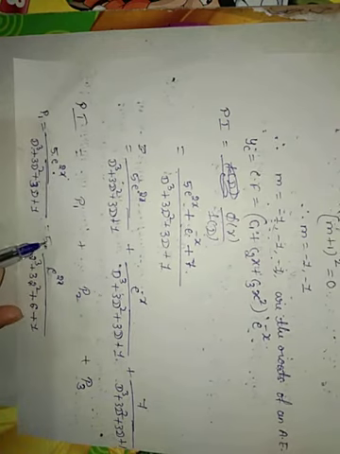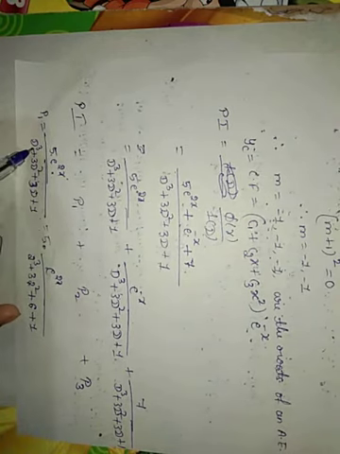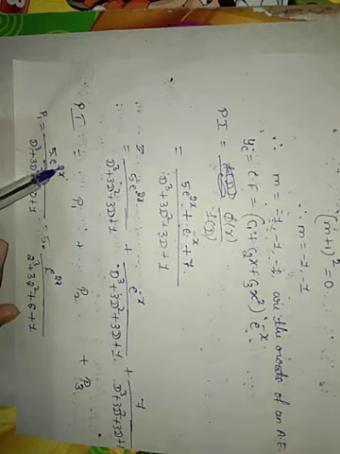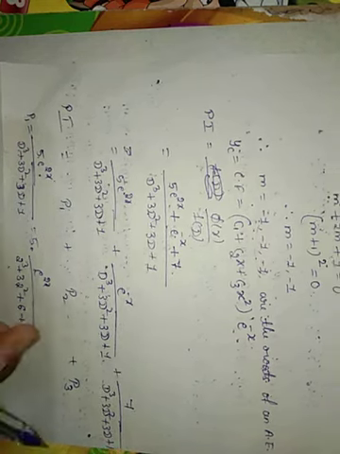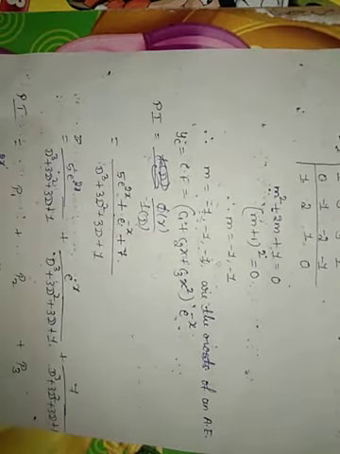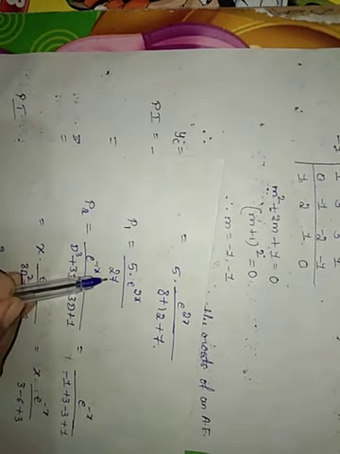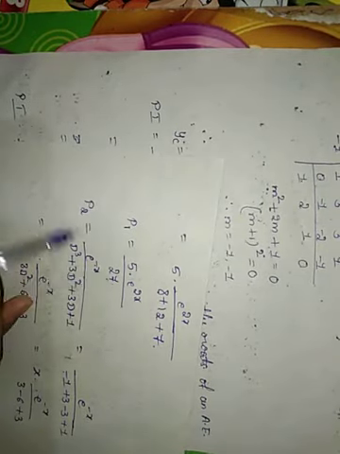5 is a constant, keep it as it is. e raised to 2x divided by function of D. So it is the e raised to ax form. Here, by comparison, we get a equal to 2. So replace D by 2. When we replace D by 2, we got the denominator 27. So next we move to the P2.